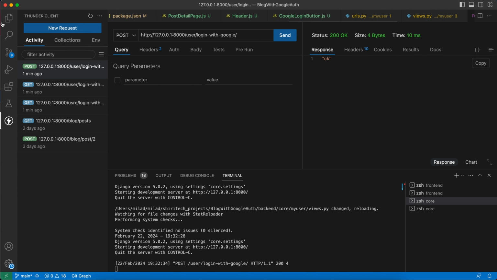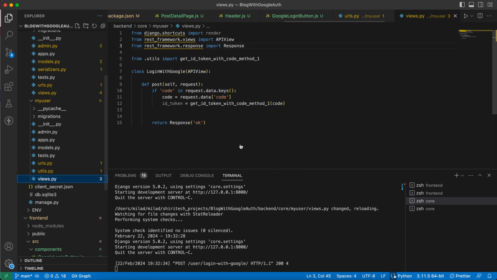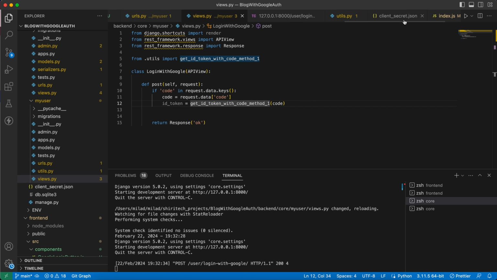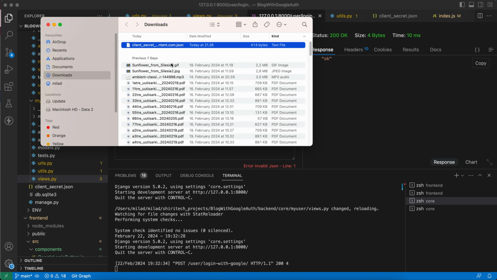If I check the view, so if there is code in the request, it does this, but there is no code in the request. So let's add it to our body here. It should be basically in JSON format. So code, and for now we just can get the code from